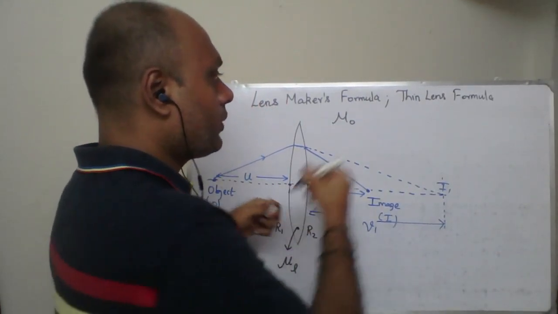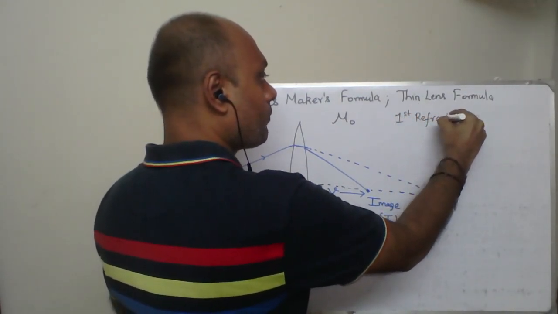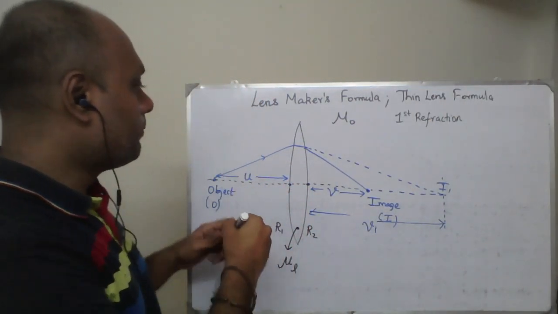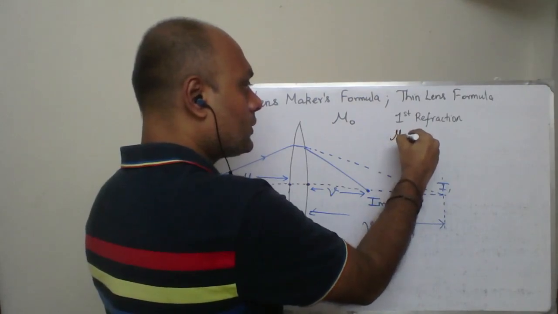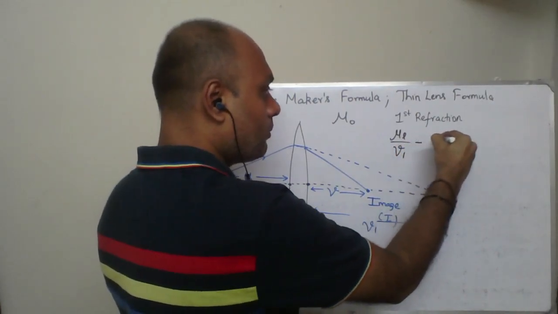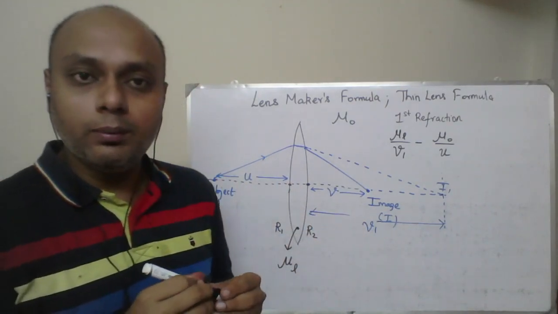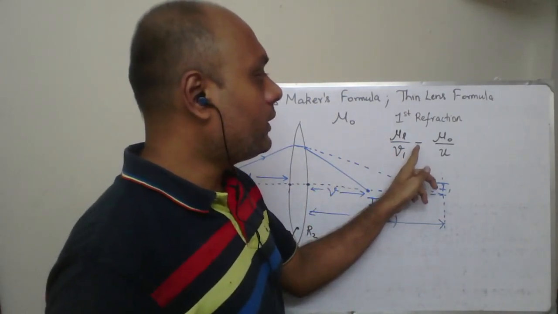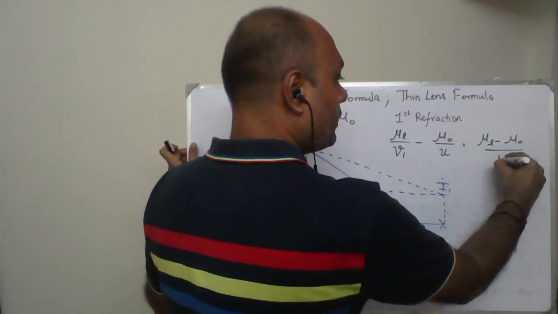Okay, so now let me write over here. First refraction taking place. Alright, so for the first refraction, the light ray goes from mu naught to mu L. So the refracted ray is in the medium mu L. So mu L divided by V1, since image formation takes place at I1, minus mu naught divided by U. Note, I am not putting minus U. I told you I am not going to substitute the sign. The sign I will do in the last step. So mu L by V1 minus mu naught by U will be equal to mu L minus mu naught divided by radius, which is R1.